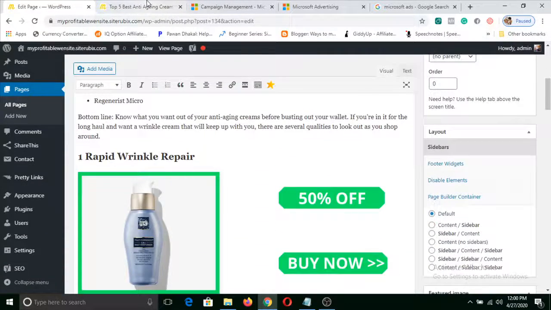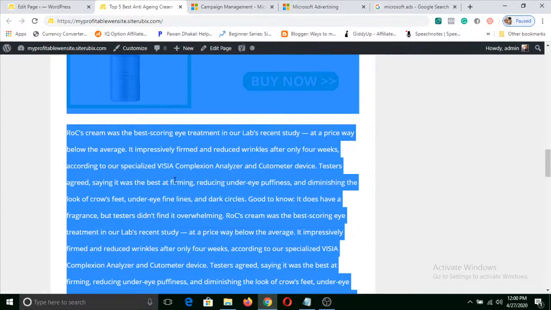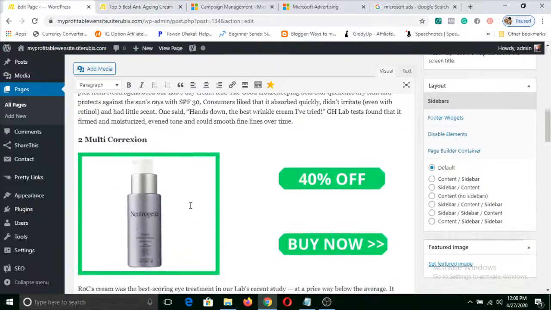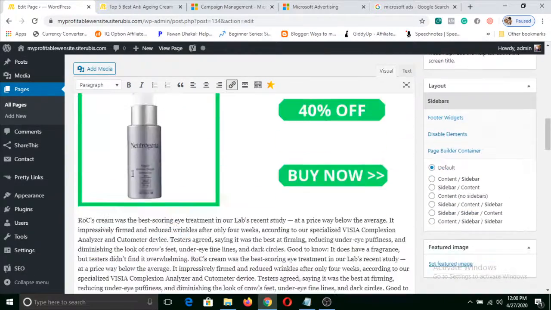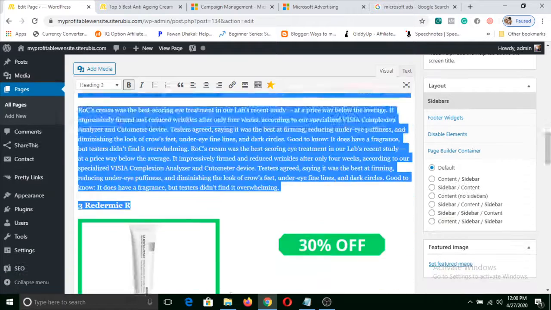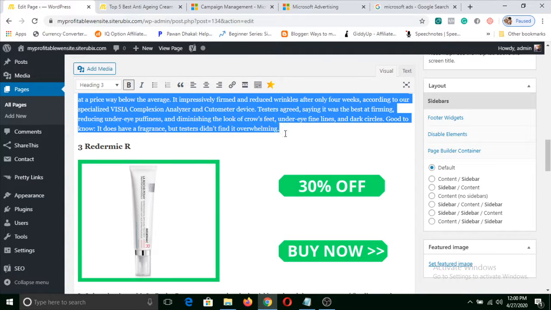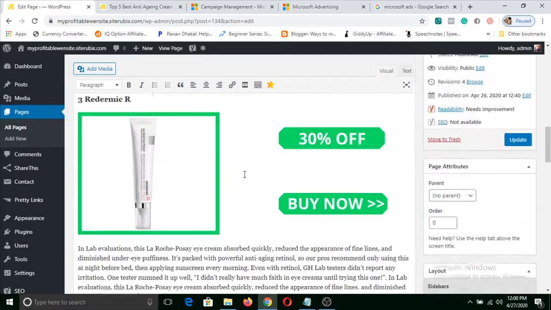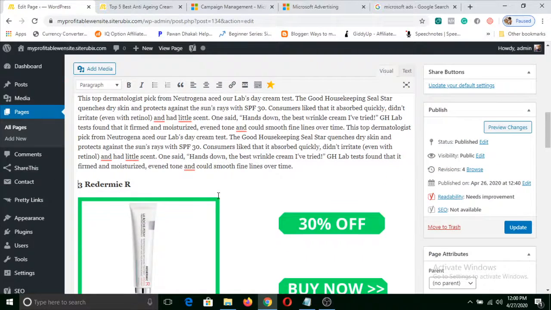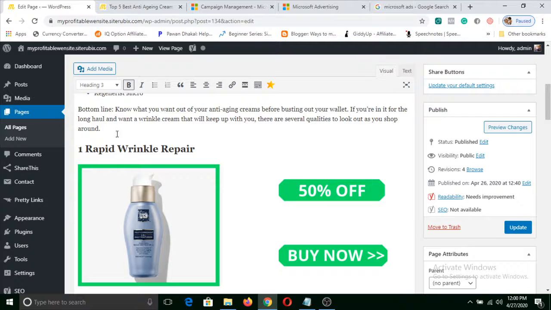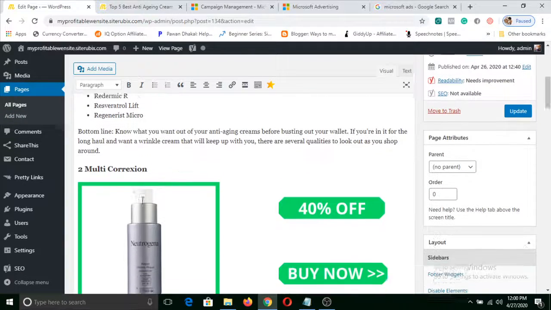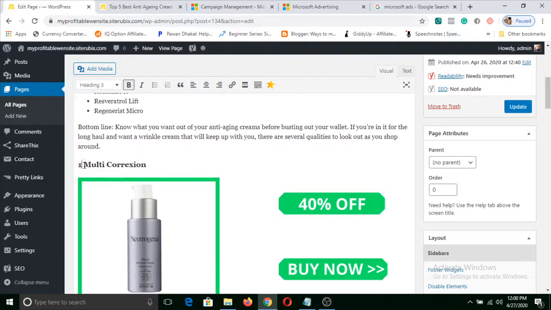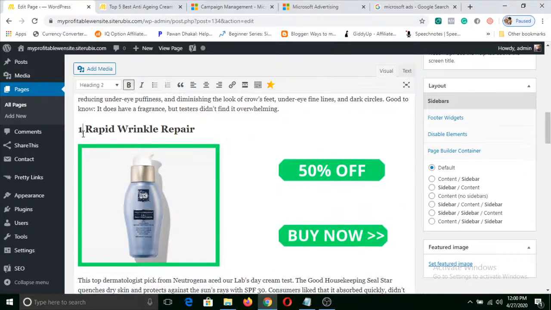So you have already copied this. Now you just select this, from here to wherever it is, and click on delete. Once you do that, just go here, hit enter and press Ctrl V and it will be pasted at the top. Now just change here 1 and make it 2.